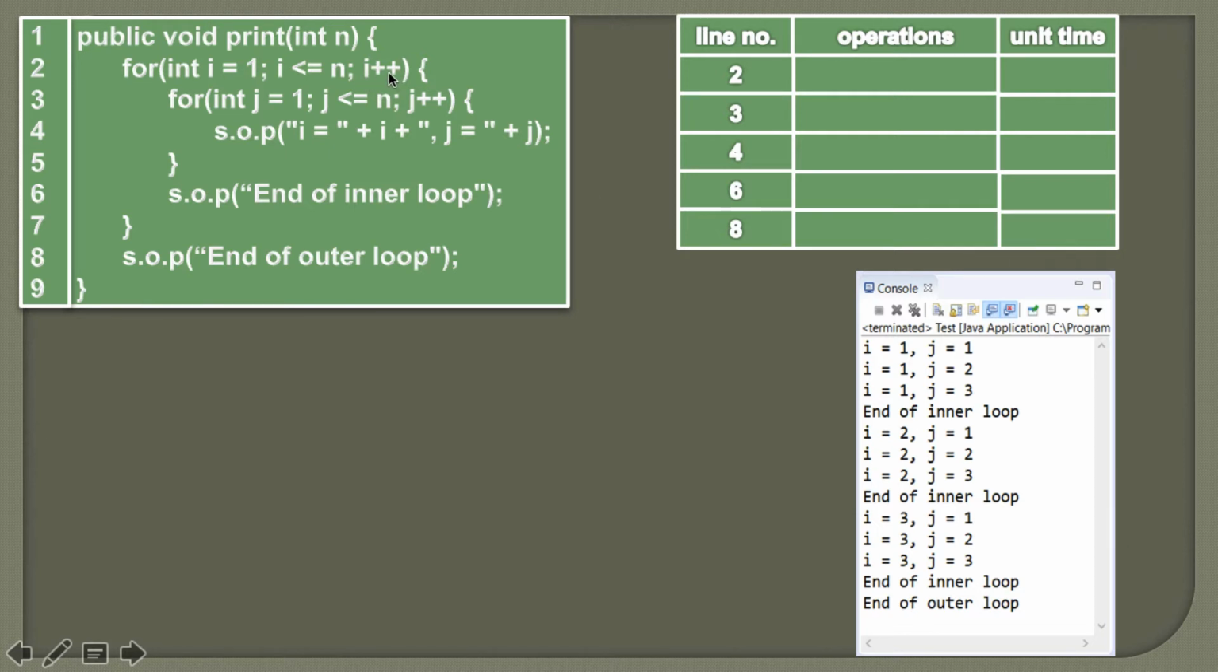So i becomes 2, and we know that 2 is less than 3. Therefore again the inner for loop will execute from j equal to 1 to j less than or equal to n, and this will get printed 3 times because the inner for loop will get executed n times. So for i equal to 2, the inner for loop gets executed from j equal to 1 to 3. Then we print end of inner loop here, and then again i gets incremented to 3,